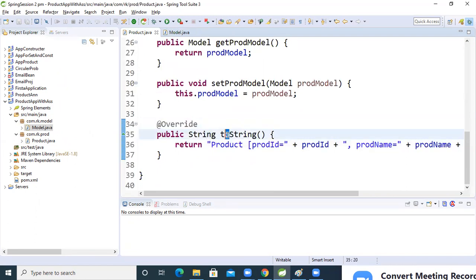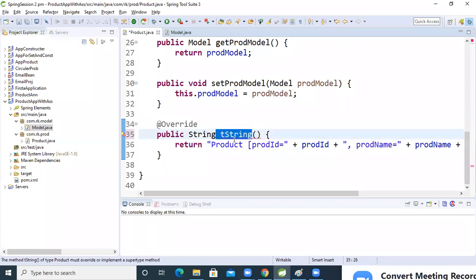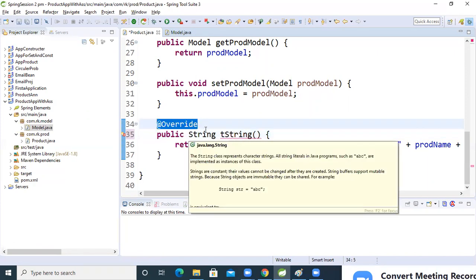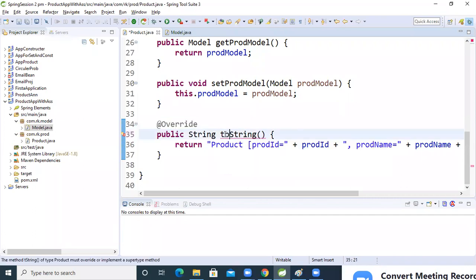If you make a difference between the super class method name and the child class method name, it will show an error. Because of that, whatever method name you write in the child class must be the same as the super class method name. Because of that we are using @Override. If you remove @Override, then this symbol is also gone. See, the symbol is gone. It means the super class method name and the child class method name must be the same, otherwise the compiler will not execute. Okay, got the point?